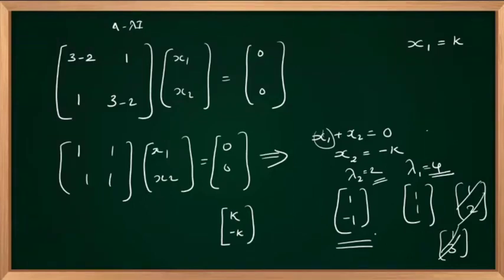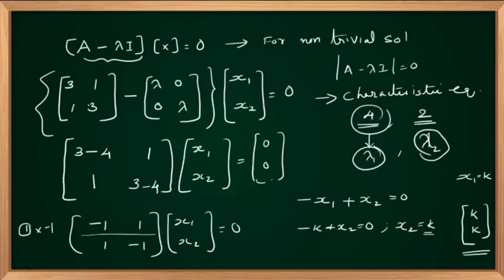Yeah, orthogonal. Abhiram, very right, very good. Because they are orthogonal. Orthogonal means the dot product will be 0: 1 into 1 plus 1 into minus 1 equal to 0. So that is a property corresponding to this particular matrix which I have chosen. Which is the matrix which I have chosen? This is the matrix (3, 1; 1, 3). So that property I list down. That is a very important property. For a symmetric matrix,